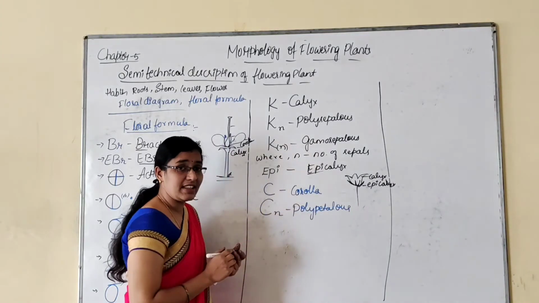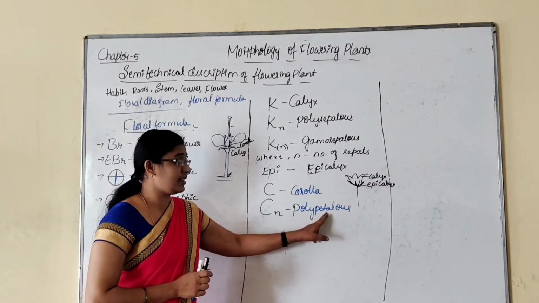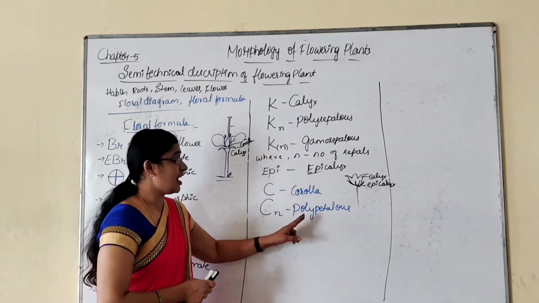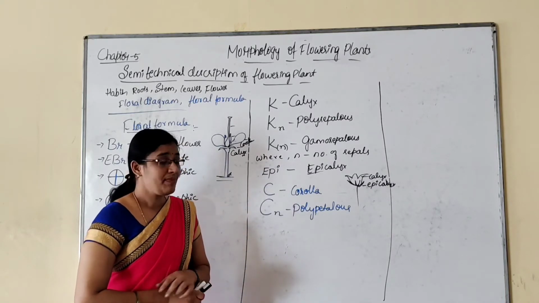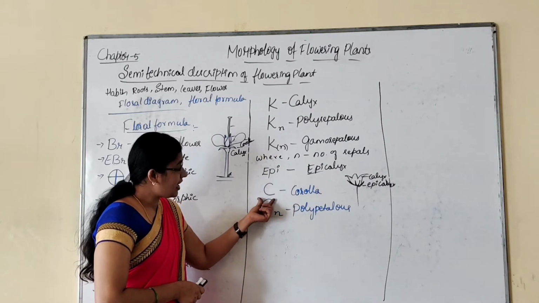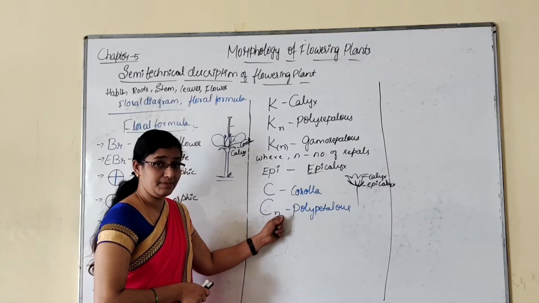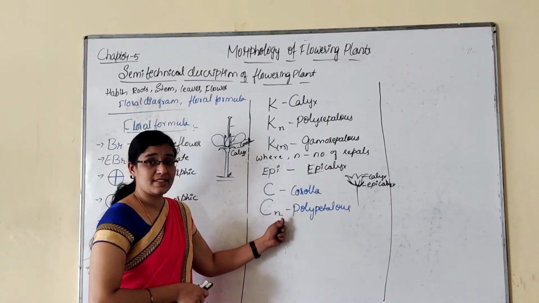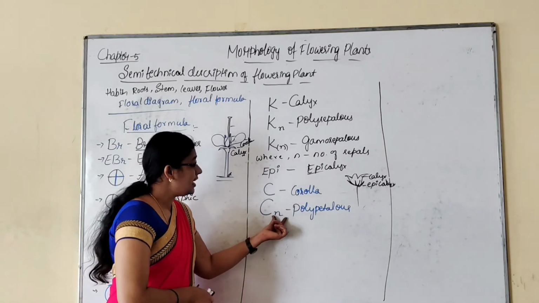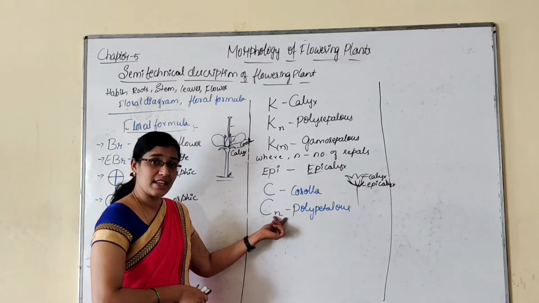Polypetalous condition, in the sense the individual units of corolla are called petals. So what do we call the individual units of the corolla whorl? They are called petals. And the symbol for this whorl is C. If we write C and at its foot we write N, this N represents the number of petals, and it is written freely. There are no brackets here, it is free.